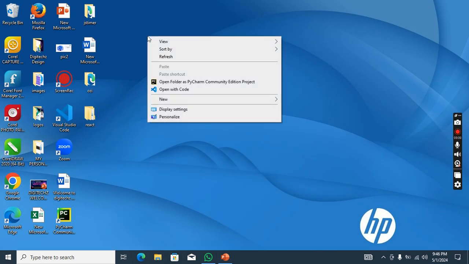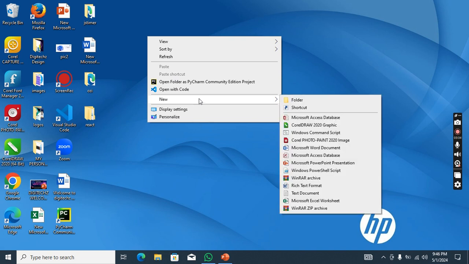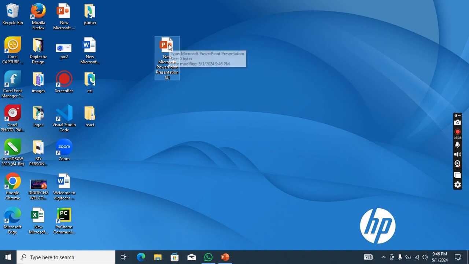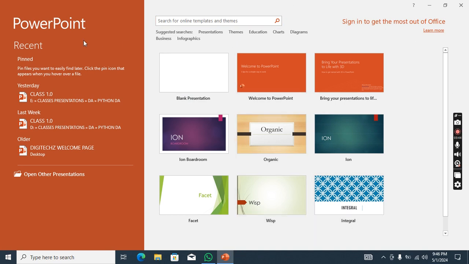I'm talking about where a user must have created an icon like this representing it. If you try opening PowerPoint through this shortcut, it's not going to prompt you a comprehensive environment like this. So if you are going through the normal process to access PowerPoint, then you are opportune to access this